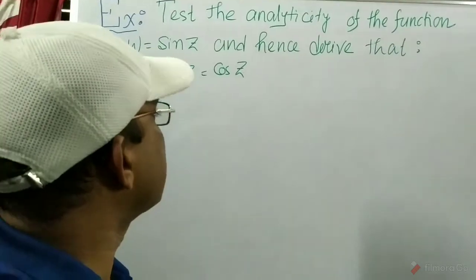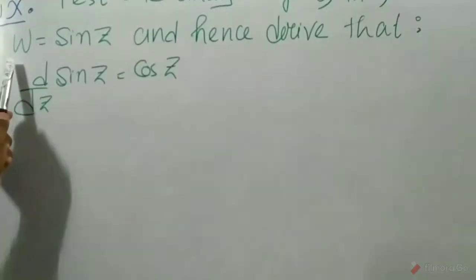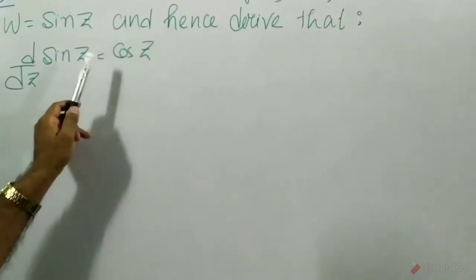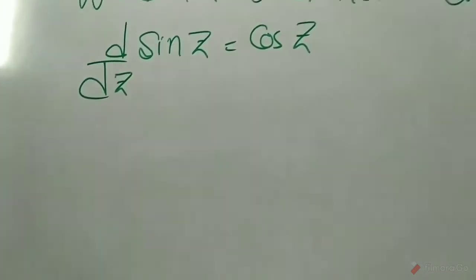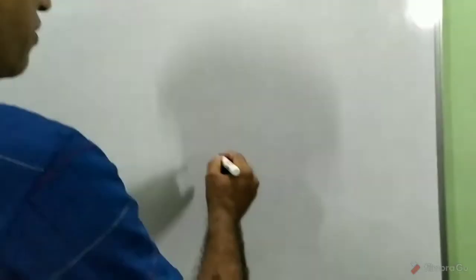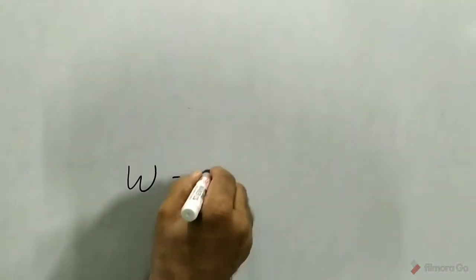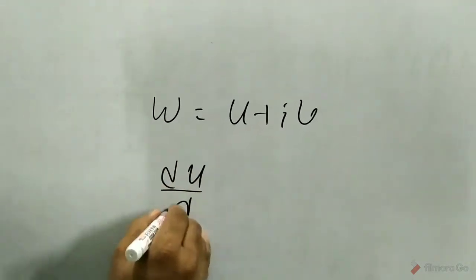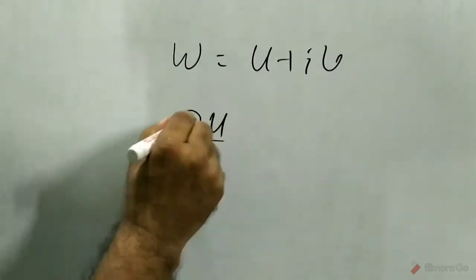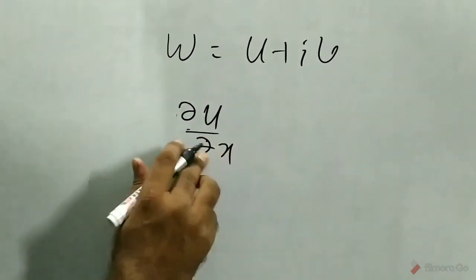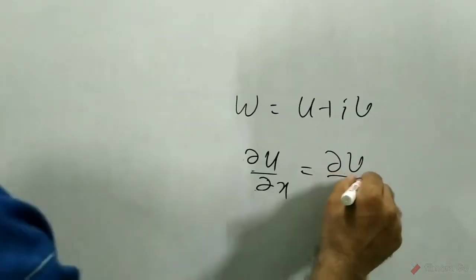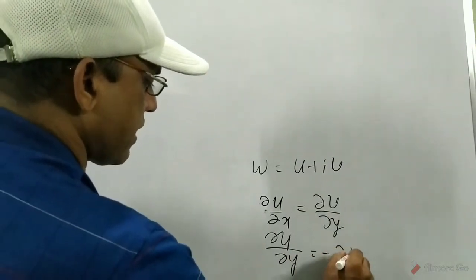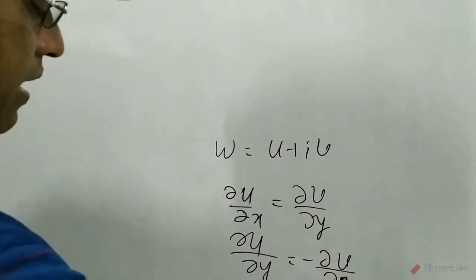We have to find whether w equal to sin z is analytic or not, and also prove that d/dz of sin z is cos z. Now, analyticity means, suppose w equal to u plus iv. If we have del u/del x equal to del v/del y, and del u/del y equal to minus del v/del x,